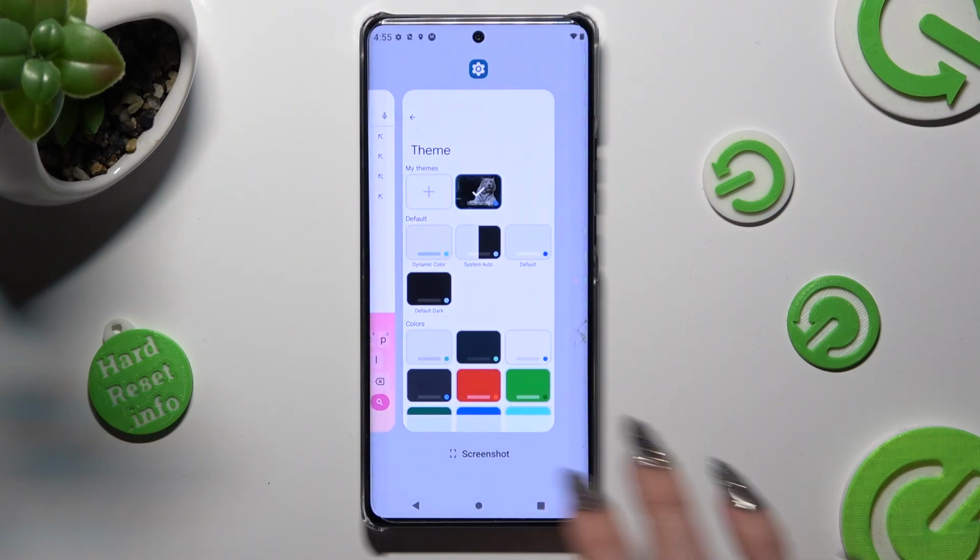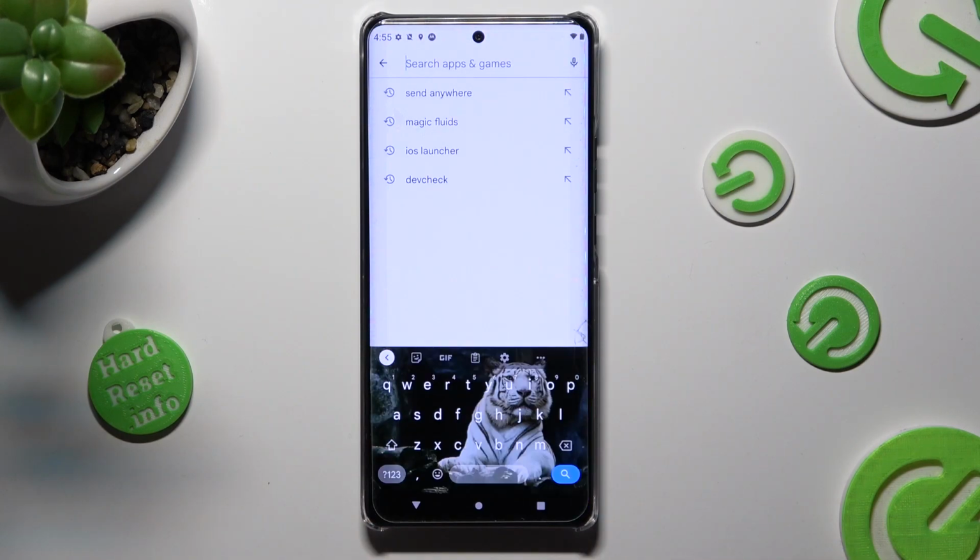So when I go back this time, as you can see, the theme of my keyboard was successfully customized with an